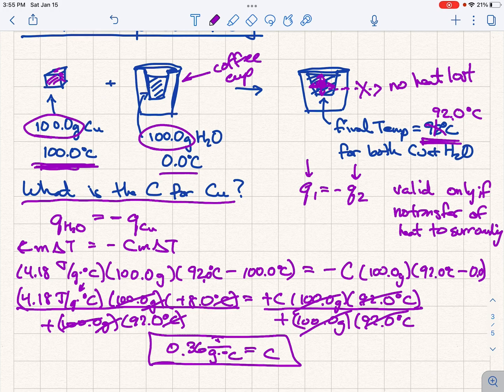Okay, so the key thing here is this equation Q1 equals negative Q2, only valid for two objects put in contact with one another when there could be no other transfer of heat to anywhere else. All right. Sometimes you'll see this written as Q1 plus Q2 equals 0, which is also fine. Because it just means that all the heat adds up to 0 because nothing is getting transferred out of that coffee cup, okay? I find this expression of it, the Q1 equals negative Q2, a little